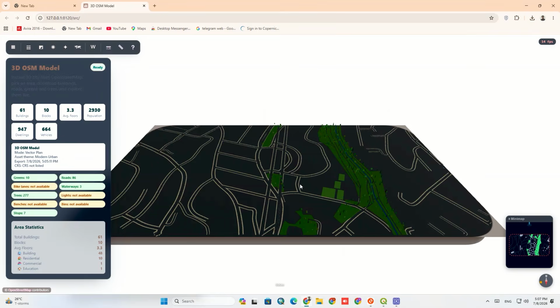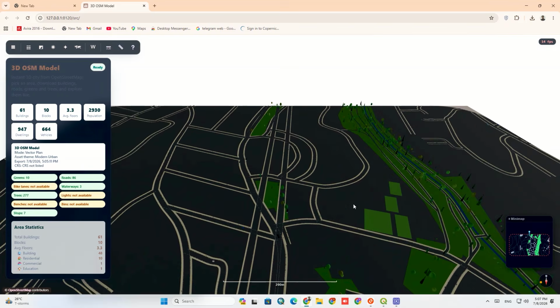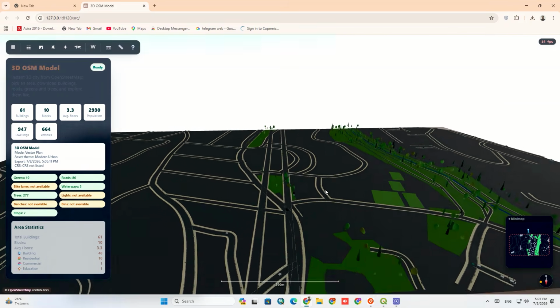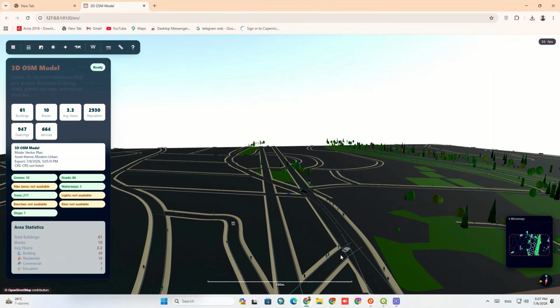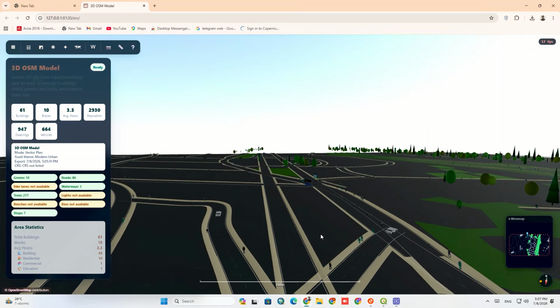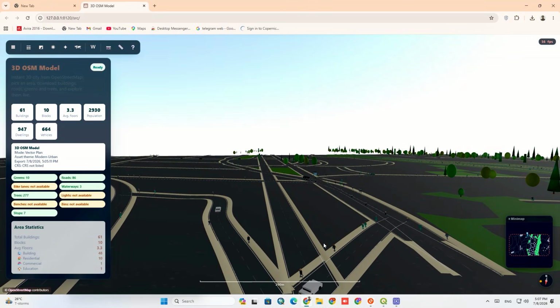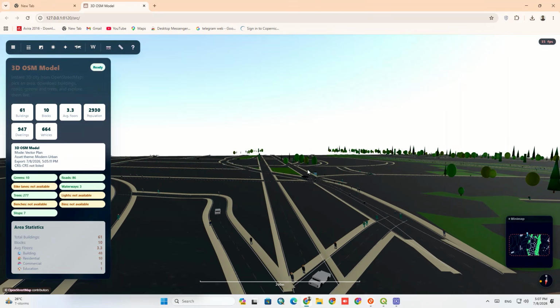Now we return to the browser to explore the 3D environment and the created layers. Using the mouse, we can navigate, zoom, and rotate the view in the 3D space. I suggest spending a few minutes getting comfortable with the mouse controls to master movement and navigation in the 3D environment. In this section, we can view information and statistics about the available layers and check the details of each